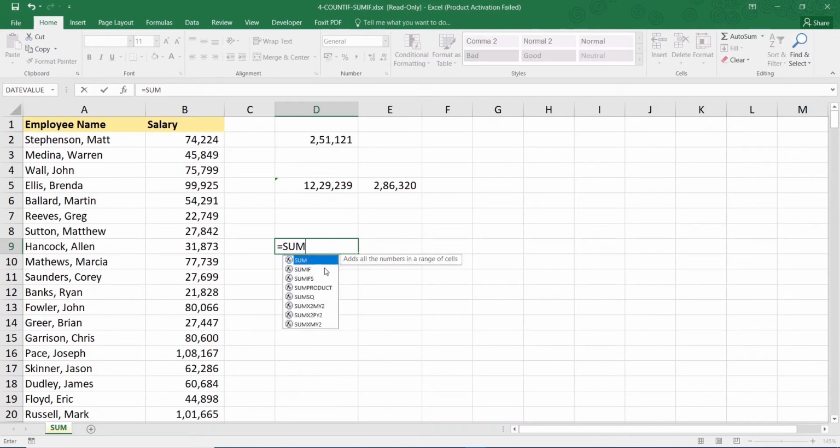Before that, if you just hover your mouse over these functions, you see a suggestion that gives you a summary of what this function is about and what it does. So for example, if you don't know what a function does and you want to know, you simply hover your mouse over these functions and Excel pops up a message which tells you what this particular function does, right?